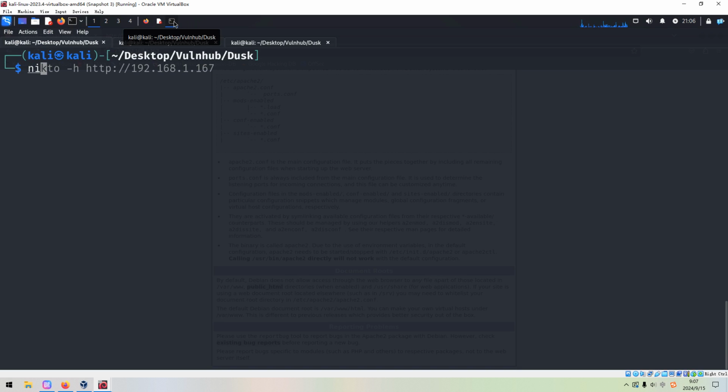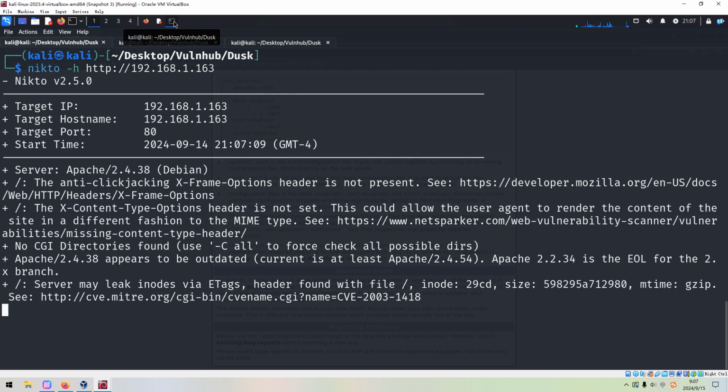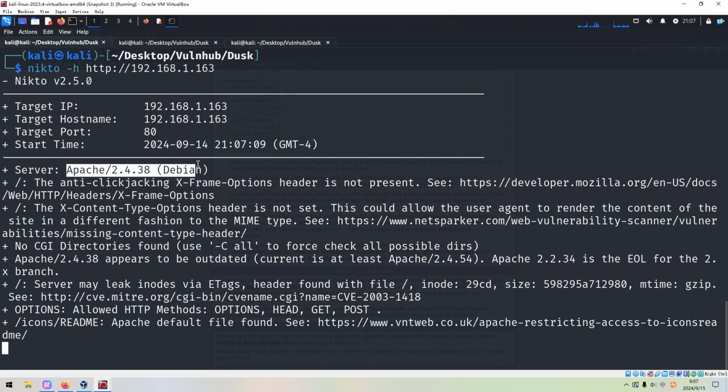Next we can launch Nikto to do the scan. Press enter. And Nikto can give us a lot of output from different aspects, like the banner information. Of course, this information has been retrieved by Nmap already, and also the header information.